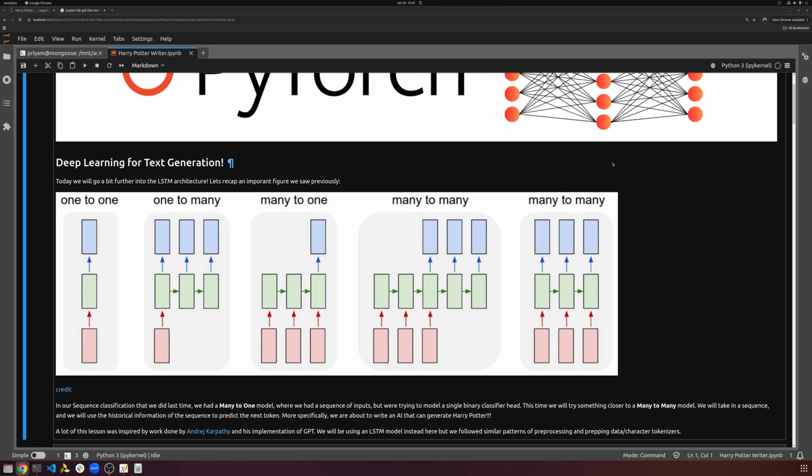Hey everyone, so today we are going to be looking at recurrent neural networks for generation. So in the last video we took a look at classification of a sequence. Now we're going to be looking at the generation of a sequence. And this should start making you think about this many-to-many model, where we have some inputs and we want to